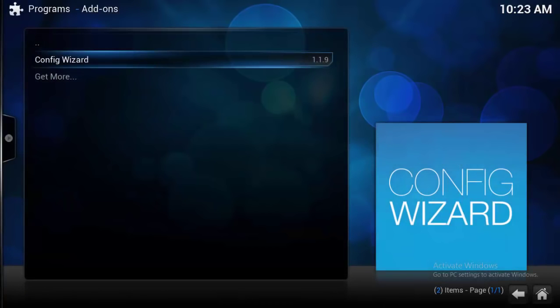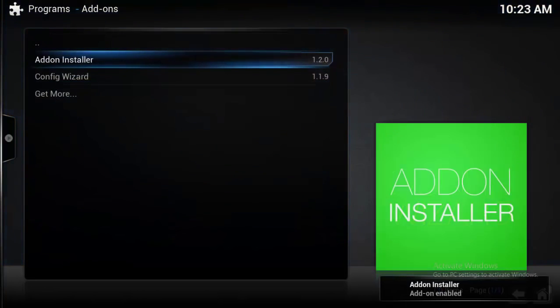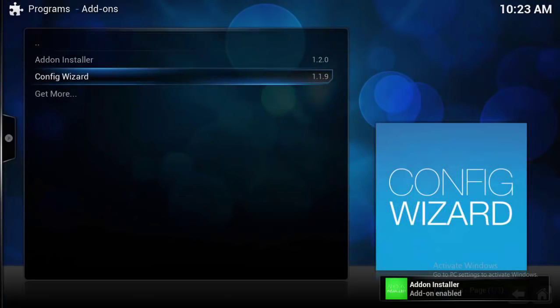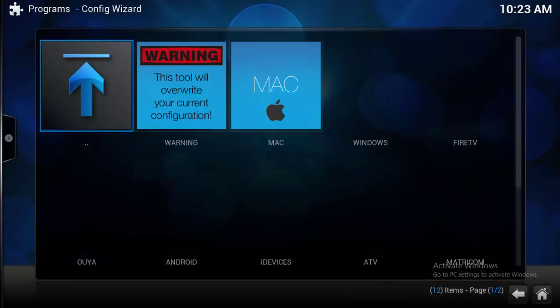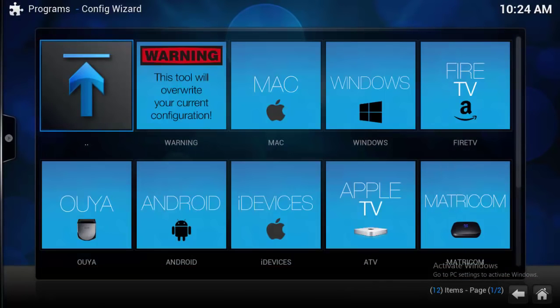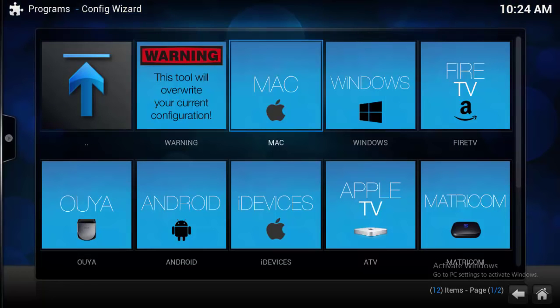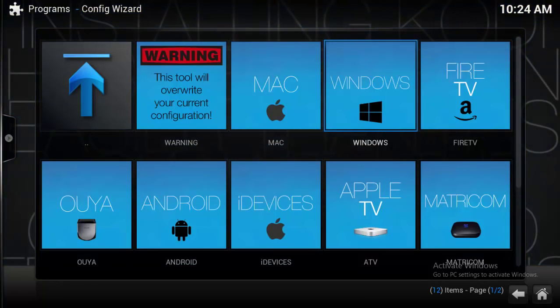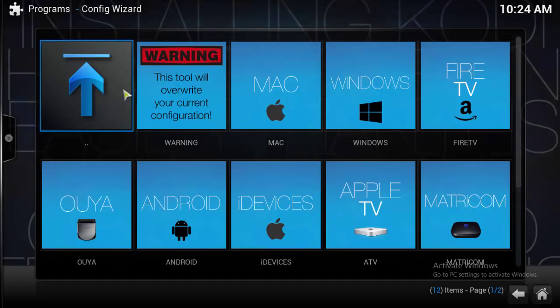Now, there's the Config Wizard. That's neat. Ah, and there's the add-on installer. Config Wizard, you're going to choose your platform, and it makes it a lot better. So, if you're running on a Mac box, if you're running on a Windows box, this is the one I'm going to run. It's going to tweak everything and enable it to work as good as possible. I'm not going to do that right now,